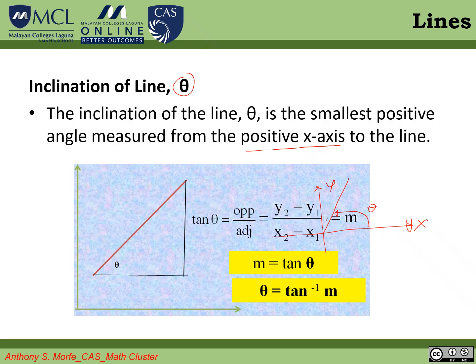Then we present this concept again, finding the slope. From the definition, the slope is rise over run. Rise over run. So this is our rise. This axis here is the rise, and this line is the run.